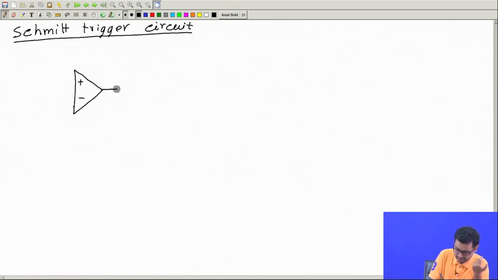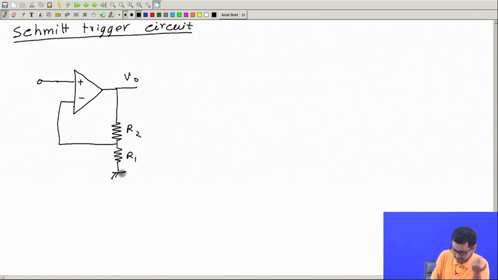Plus, minus. You can give the input here, you can give feedback to the negative input like this. This is VO, call this R2, R1, this is grounded, which means this is a non-inverting amplifier. Now, let me also draw side by side